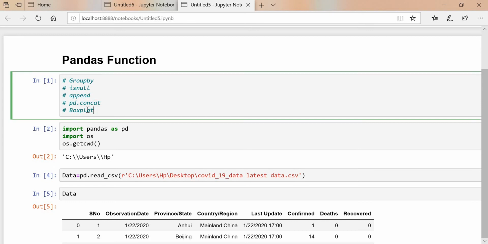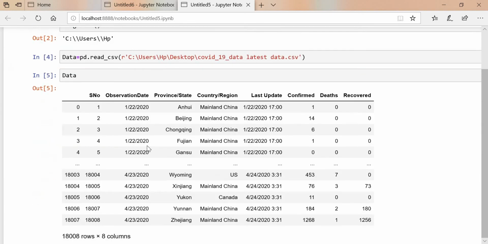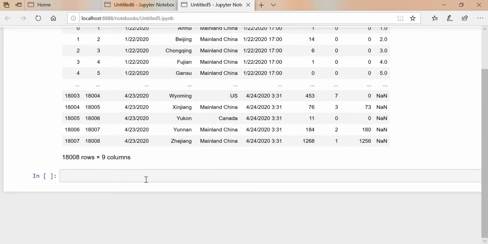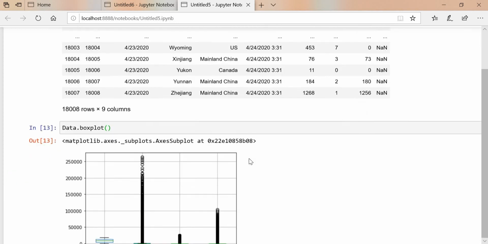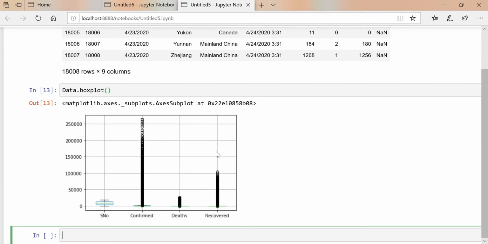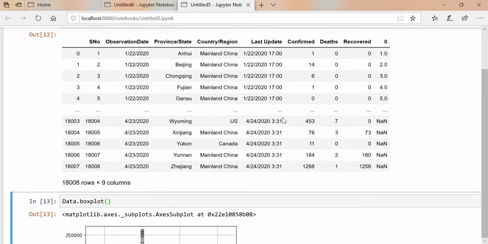We'll check the next one, that is box plot. How this box plot will work, we'll see in this example. See, data dot box plot. Okay, we'll pass this data inside this one. No need to pass this one, we'll execute this one. See, in the box plot we got structures like this. Only the numeric values we are getting over here, that is serial number, confirmed cases, death cases and recovered cases.